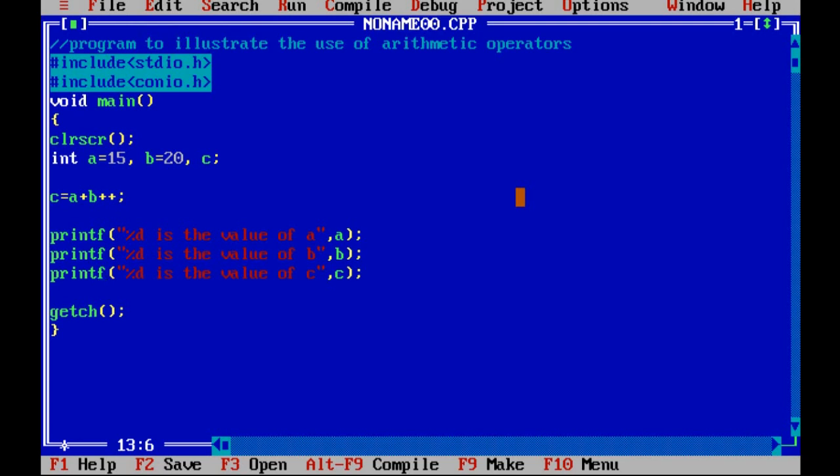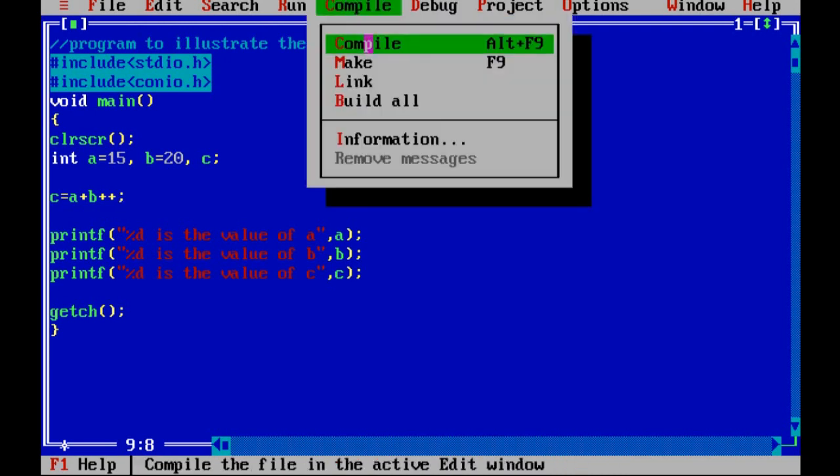Now the third and final question. As I told you, this type of sum will be asked in the MCQ. It has always been asked, either in prelims or in final. What will be the value of C? Will it be 15 plus 21 or 15 plus 20? That is the question which should arise in your mind. Since it is post increment, the answer will be 15 plus 20, which is 35. How? I will tell you. First I will run the program and show you.